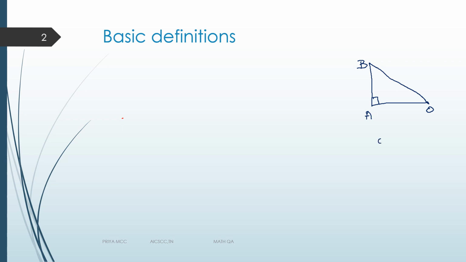All of us know that OA square plus AB square is equal to OB square. This is the famous Pythagoras theorem you have studied. But in trigonometry, we will see what is the connection between the three sides, other than this relation. Can I write some ratios? What is OA by OB? What is OA by AB? What is AB by OB? Now the different ways, what is their reciprocal? We just give names to the ratios. It's as simple as that.